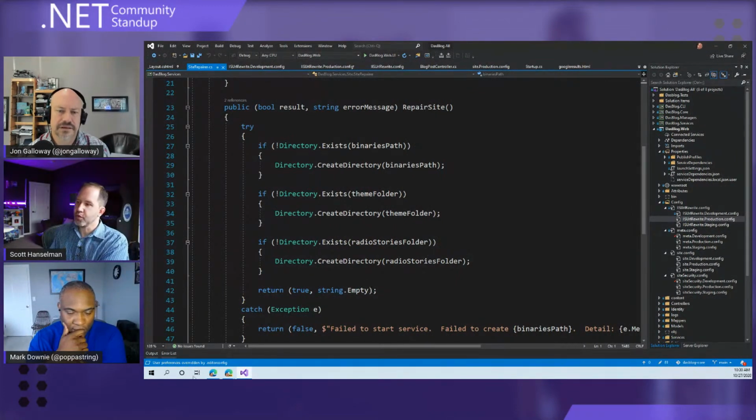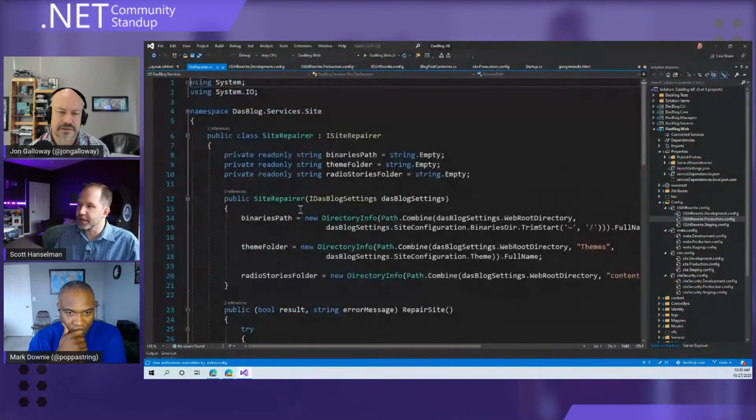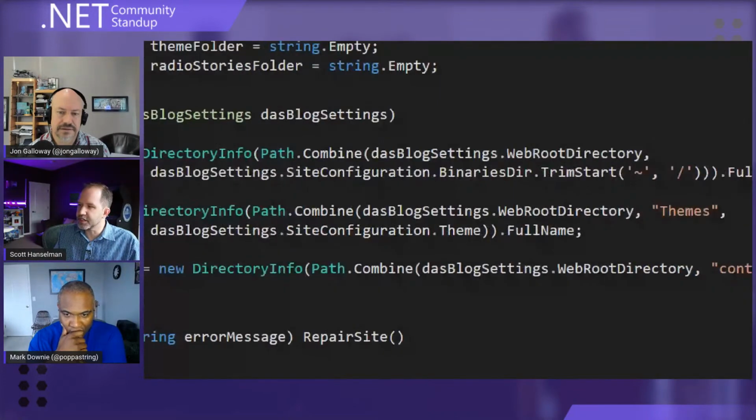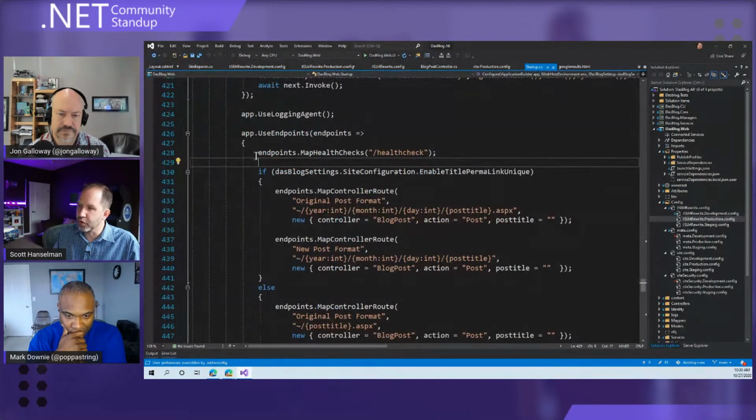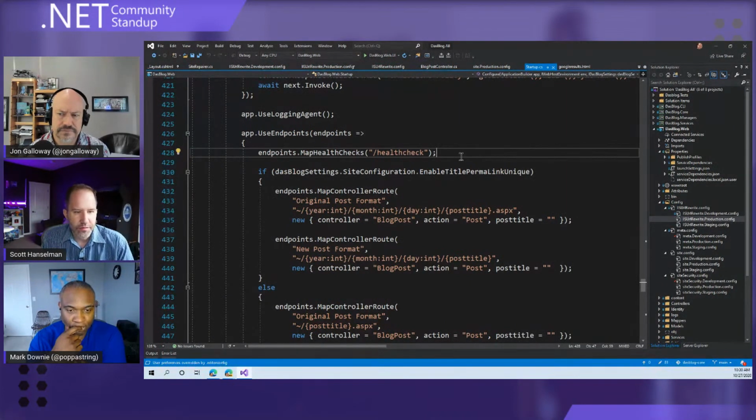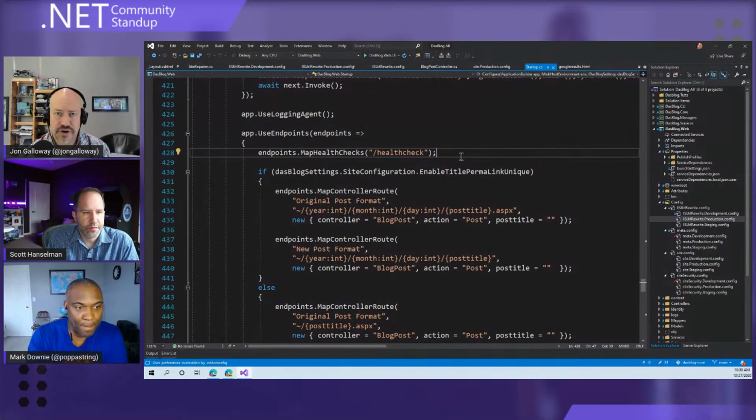You know, all the little things that you might forget that would cause a DOS blog user to be unhappy. So the site repairer runs on startup and makes sure that these different directories exist and that they're ready to go. And then the health, I haven't yet done it, but the health map could integrate into that and basically look for a bunch of files and ensure that they are in fact there and healthy. So that's, I guess, a good time to point out that there's no backing database. It's all file based, right?